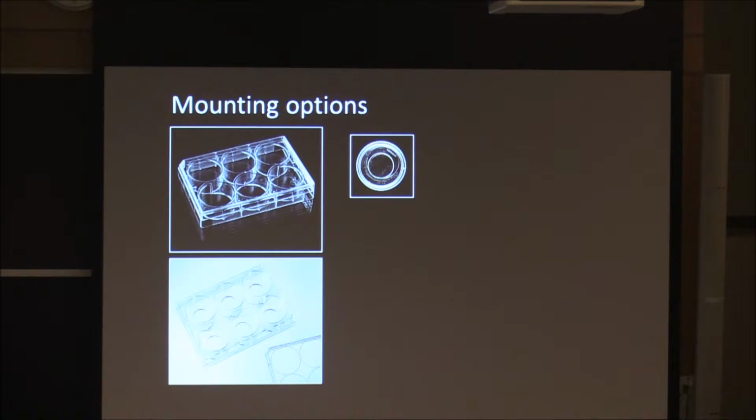Some of the other options that we have out there are these little 35 millimeter round dishes that have a cover slip inserted in the bottom. So this is a little glass cover slip right there that sits in the bottom of the 35 millimeter dish. And you can see this is the exact same thing in the 6-well plate. So each one of these has a little cover slip that's been inserted into the bottom, and you can grow your sample directly on